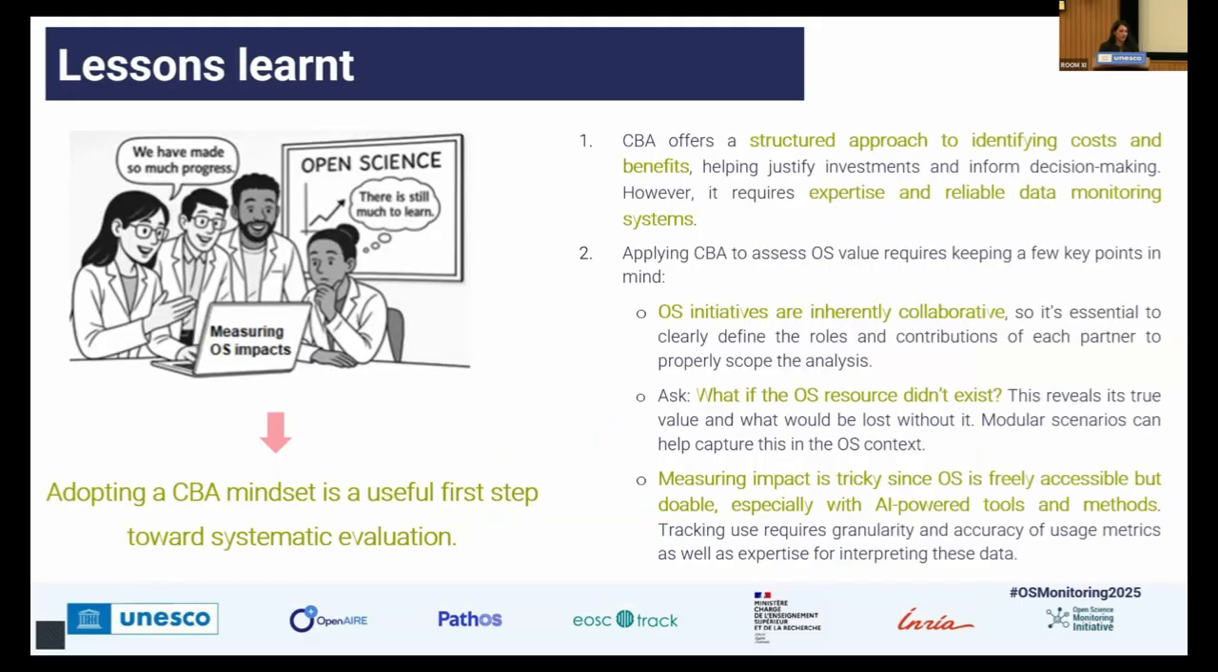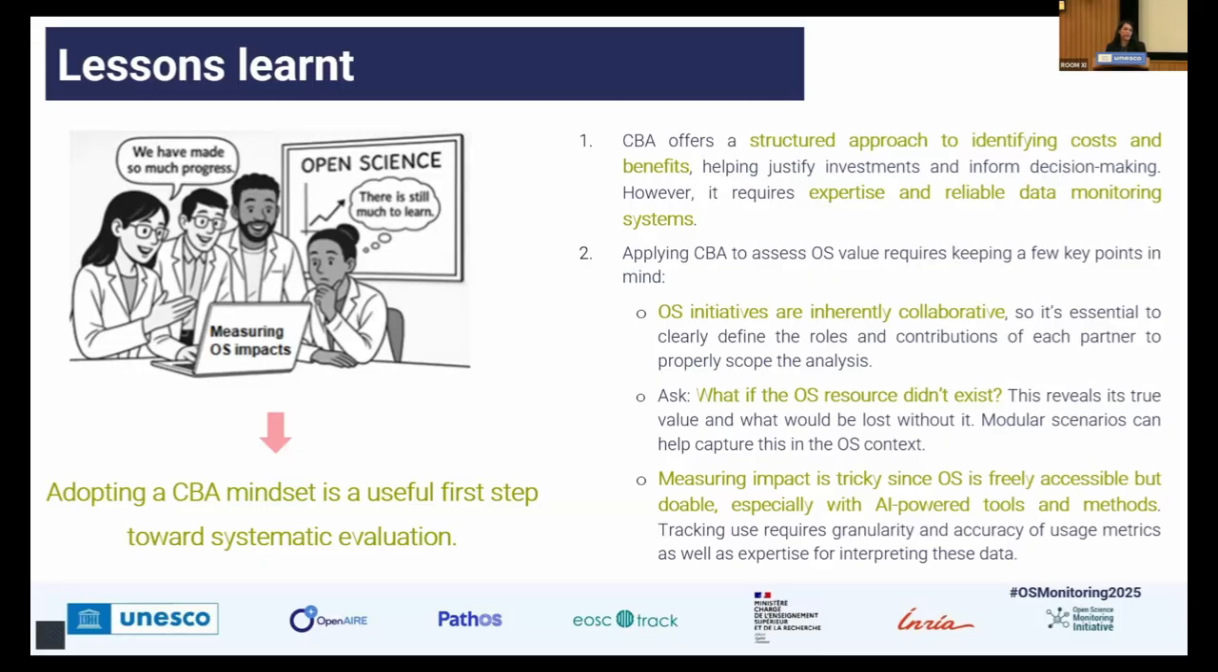So what did we learn from this exercise? We can confirm that cost-benefit analysis is a structured tool that can support decision-making processes, so it can provide evidence on whether it is worth investing in open science or not. Of course, it requires reliable data, reliable monitoring data, so we struggled also to find some data in our assessment, and Louis will tell you more about the RECAP case study. And